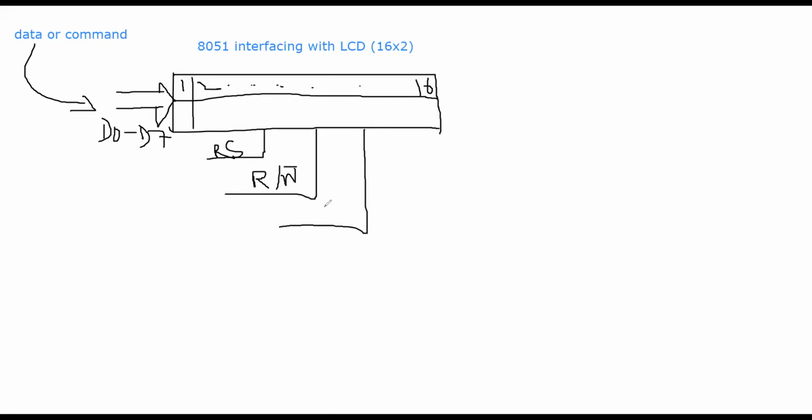And one is the enable pin. So there are three pins for controlling purposes: one for register select, one for read and write, and the enable pin, which is for latching the information.